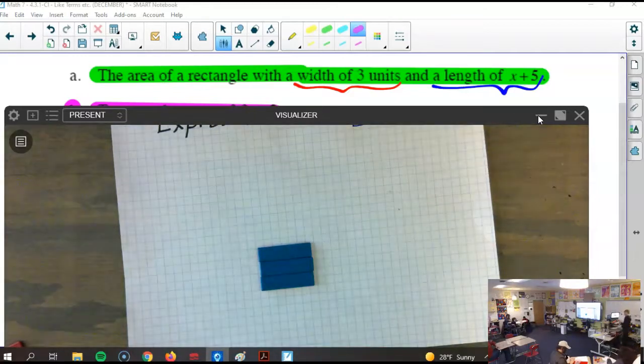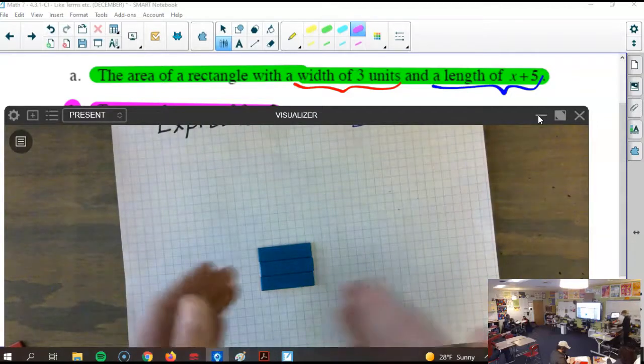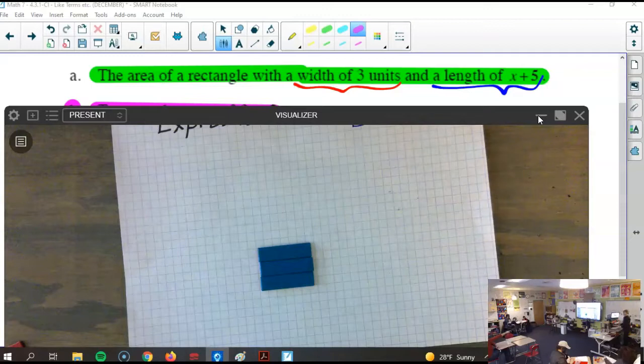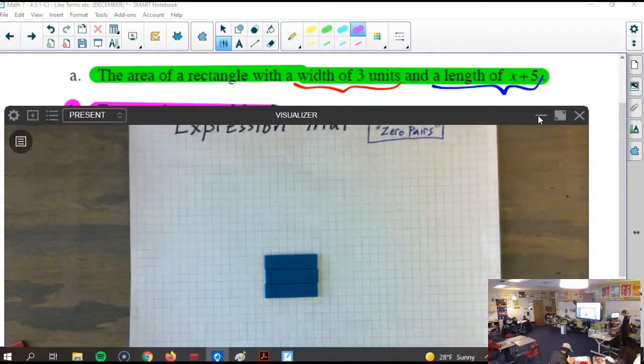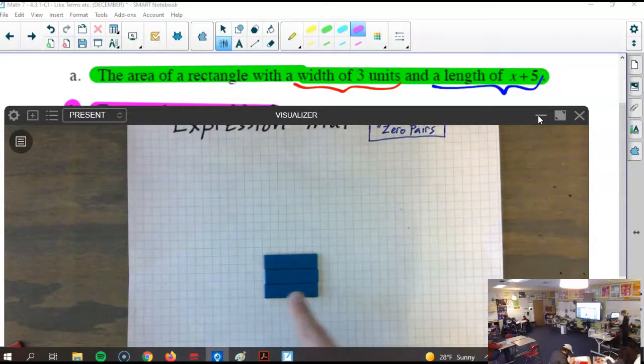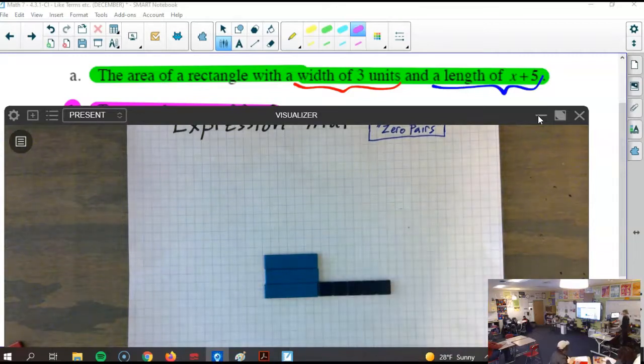But those are X tiles. Yes, but the end of the X tile is 1 unit. And then so it's 3. And then since the length is X plus 5, you already have the X right here. So if you take this, it's basically just adding